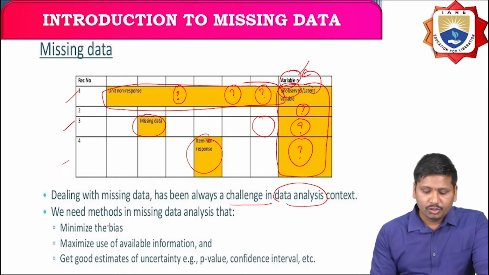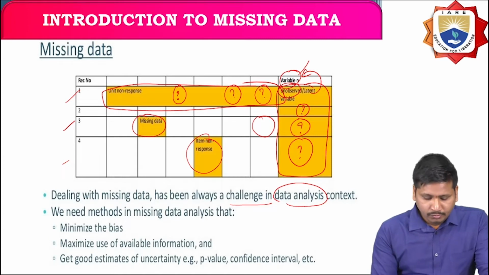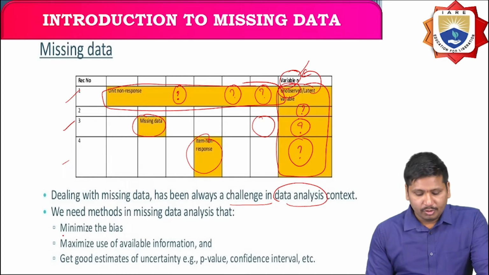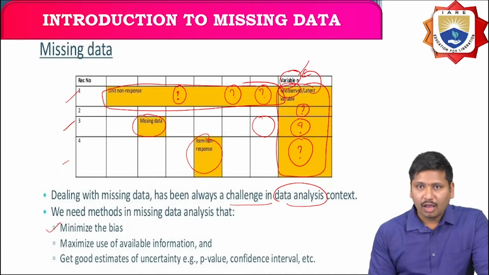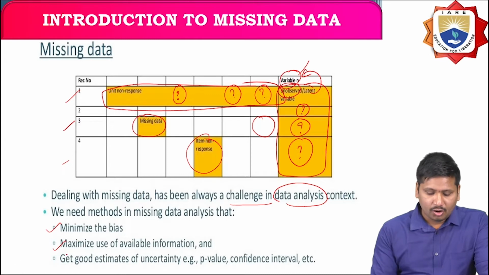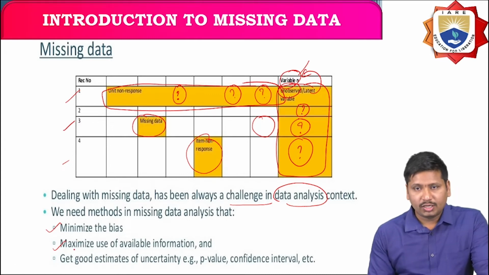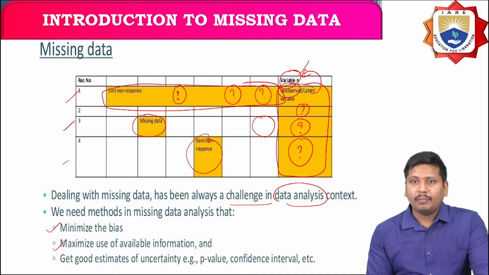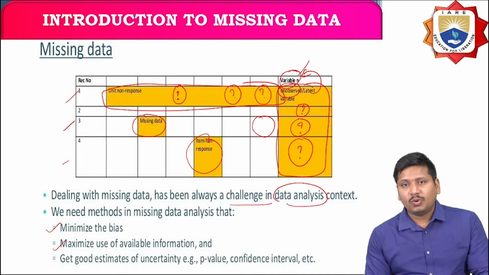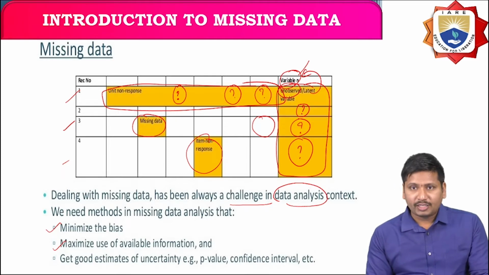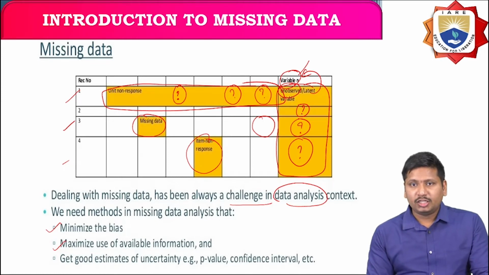For this, what are the methods that are available? What kind of features does each method have? All the methods we use for handling missing data should minimize the bias and maximize the use of available information, and we also have to get good estimations of uncertainty. So the method should minimize the bias, so the error rate should be very low, and maximize the use of available information, and the uncertainty estimation should be very good,